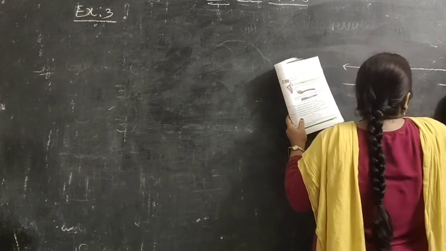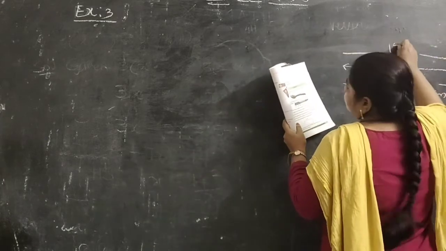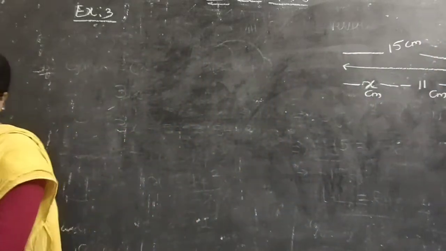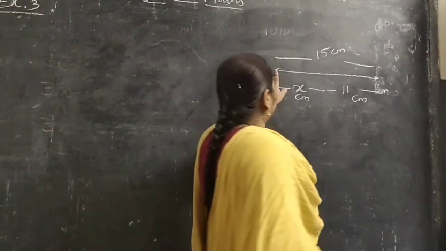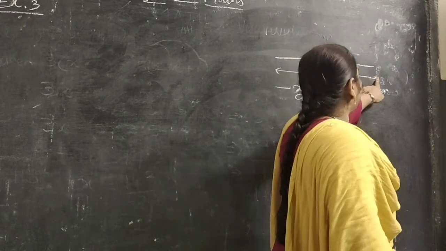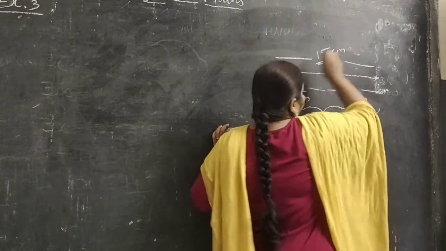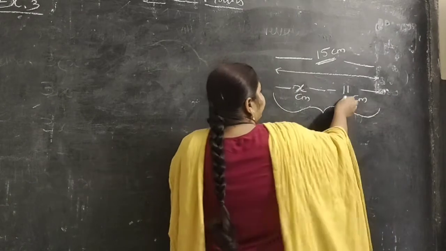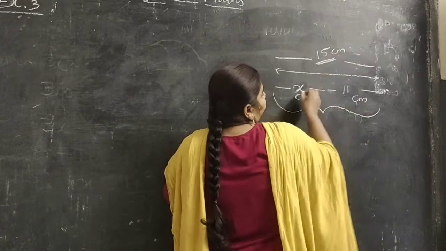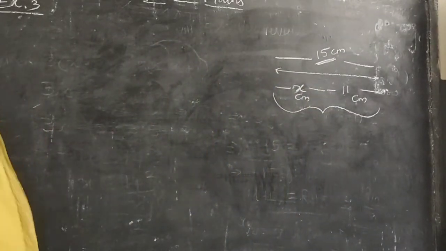And from here to here they have given 11 centimeters. And the total is how much? 15 centimeters. So what do we have to find? We have to find the x value. From here to here they have given x centimeters, and from this side to this point 11 centimeters. The total length is how much? 15 centimeters. So you can think, for 11, how much do you have to add to get 15? That will be 4. That we will show in the form of an equation now.